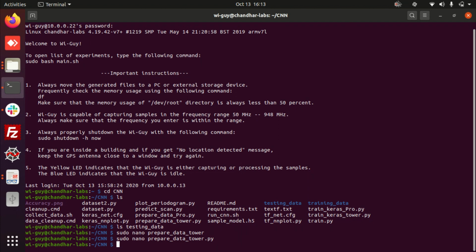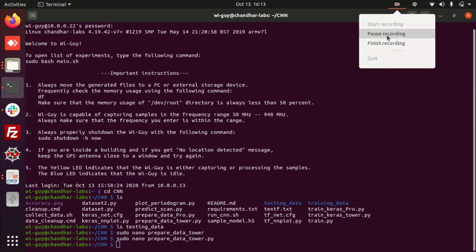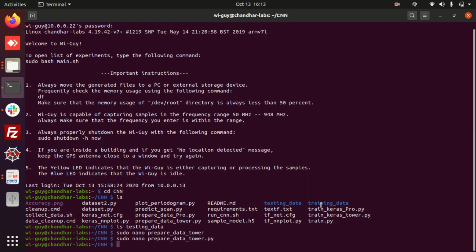To remove any files present in testing data or training data, you have to go for the command sudo rm -r testing_data. This will remove all the files present in the testing data. Similarly, you want to remove any files in the training data.